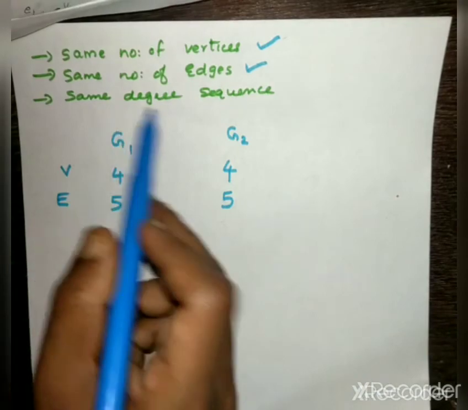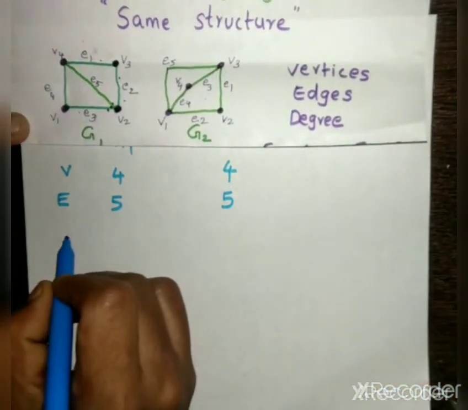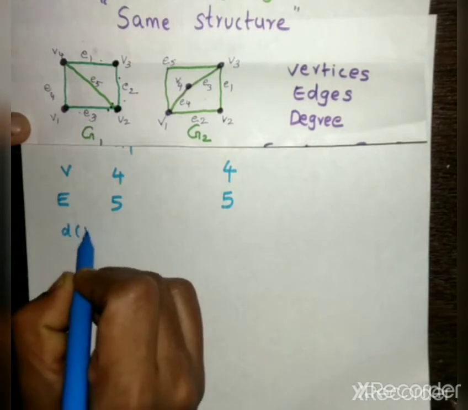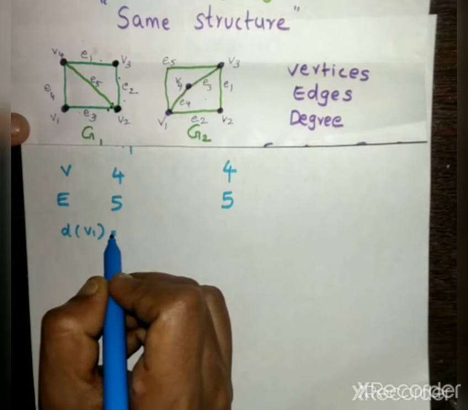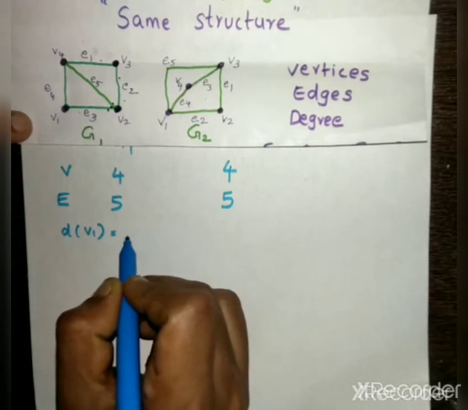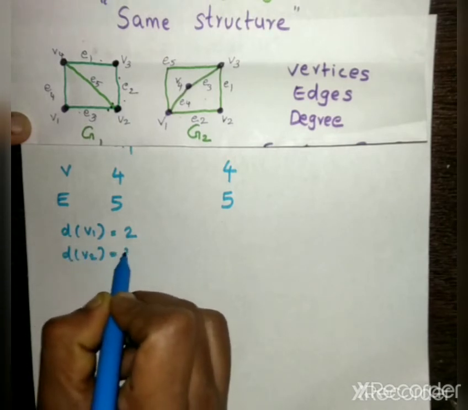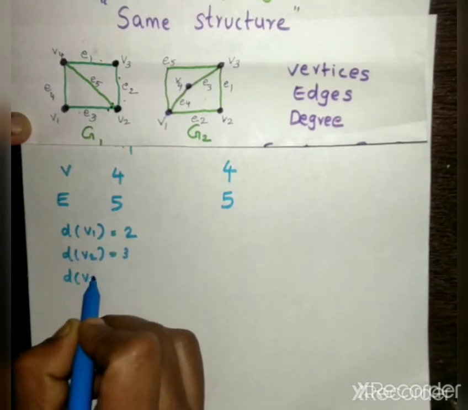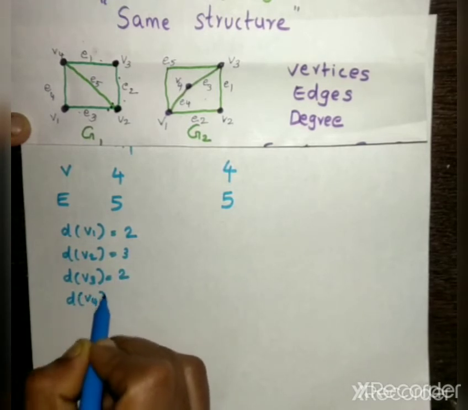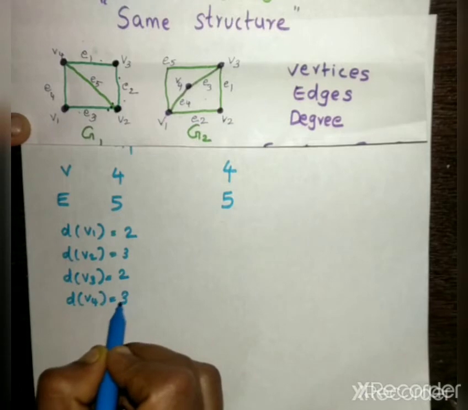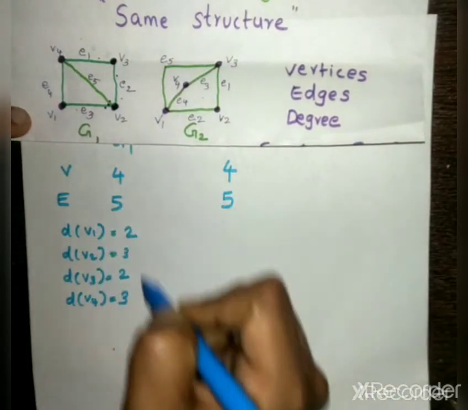Now we check the degree sequences of the graphs. For G1, we know that the degree of V1 is the number of edges incident with the vertex V1 in G1. That is 2, so the degree is 2. And the degree of V2 is 3. Degree of V3 is 2. And degree of V4 is 3. Understood? Then for G2,